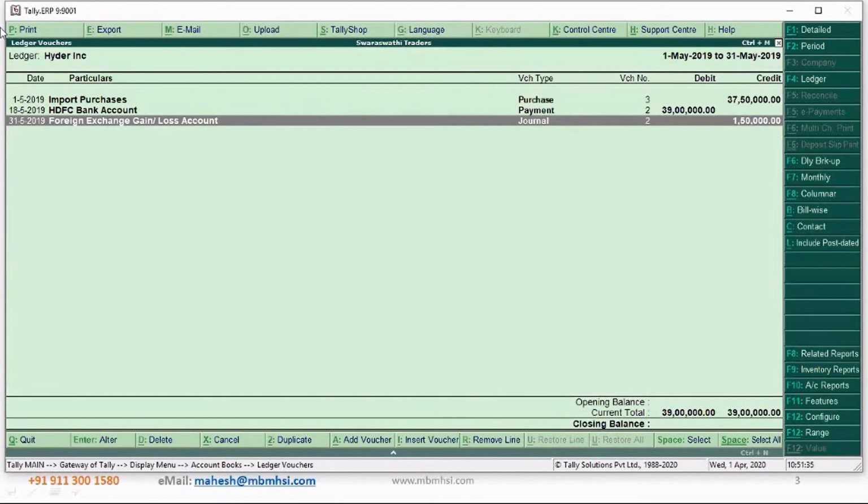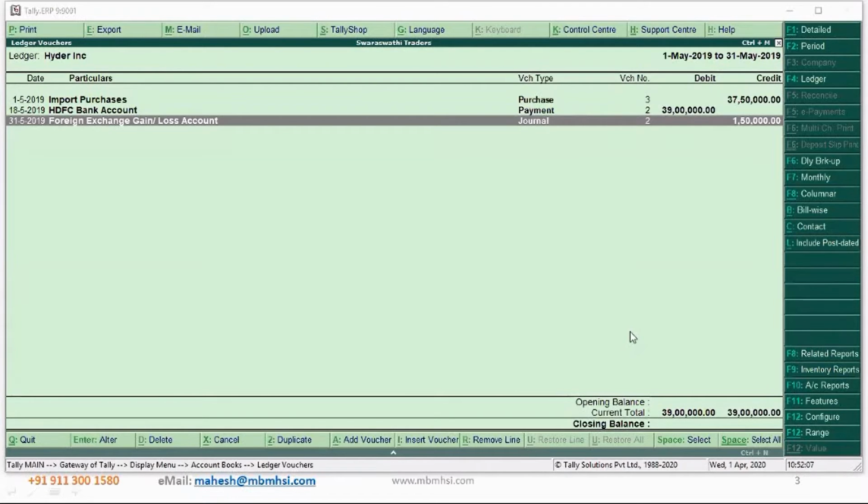So hope I have answered how to treat a loss transaction, and what are all the entries that need to be done. So we will look at 2-3 other queries that have come up. One, how to do this in a double entry mode, in a voucher mode, and what to do if there are partial payments.